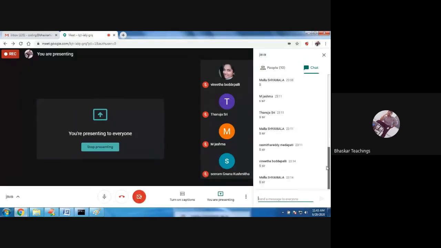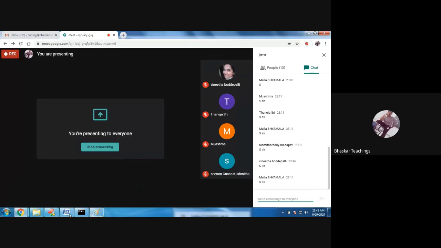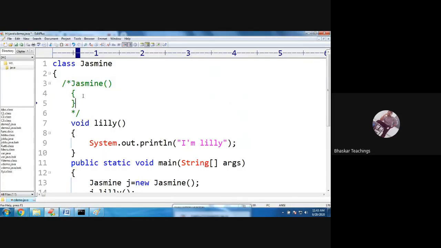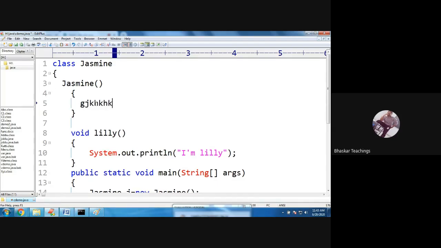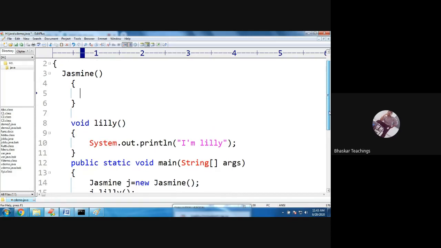So that is with the default constructor. And what is it going to have? Nothing. It will have zero implementation, empty implementation. It is just included with no implementations. If you want to perform any operations, you can define a constructor on your own. But if you are not defining any constructor but creating an object, the compiler is going to include that in your program. That is why it is not generating an error.